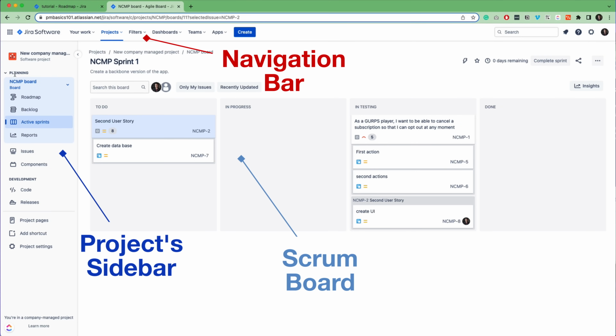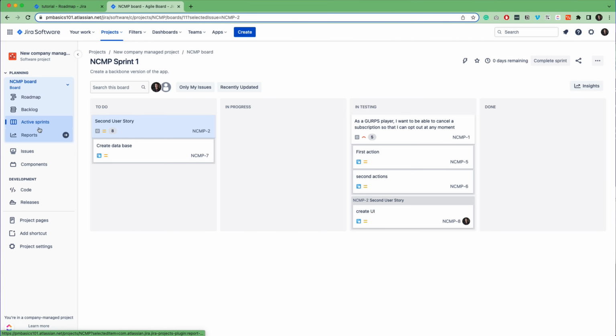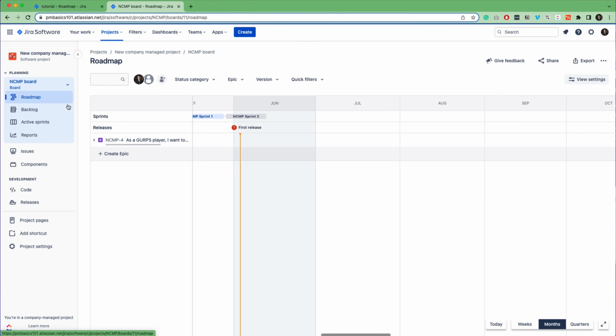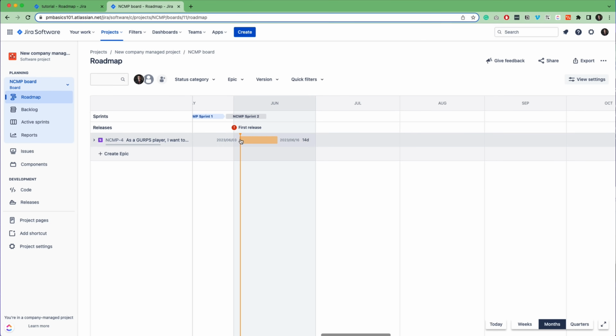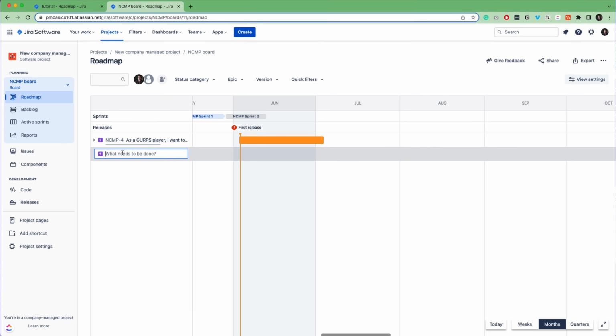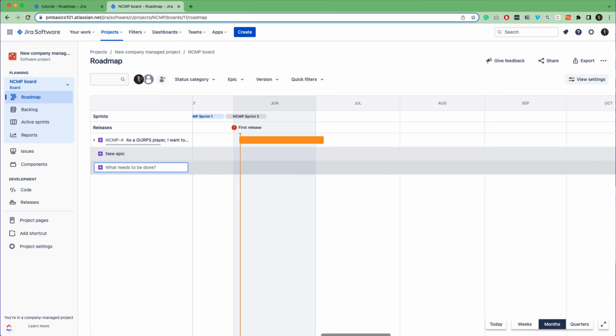It's tailored to provide quick access to project-specific information, including project details, project settings, and the project's issue tracker. And first we have the roadmap section, which provides a high-level view of the project goals and milestones. Additionally, you can rapidly create epics here with minimal required information.